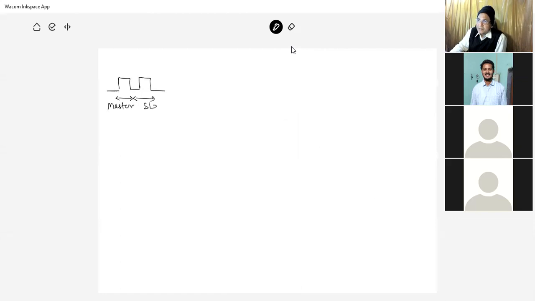Master, this is slave, this is the high, and here it is low. This is high and this is low. Here it is the clock. High, it is low. Now, if you talk about the truth table